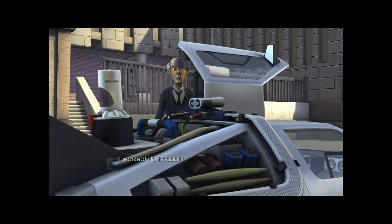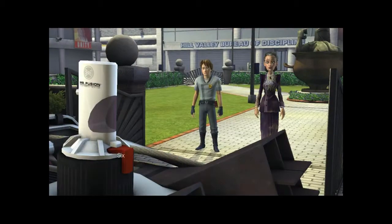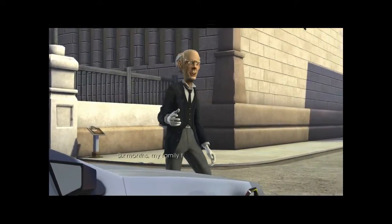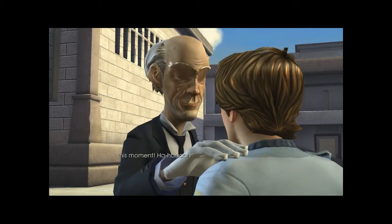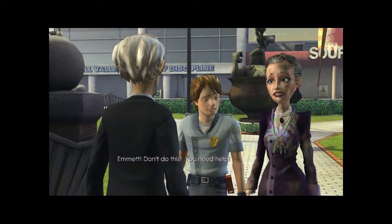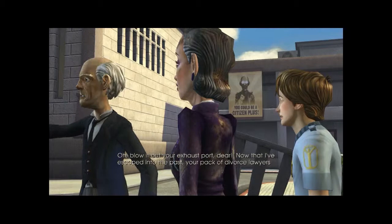It worked! Ha-ha! One second I'm in the present, the next I'm 6 months in the past. Amazing! 6 months? It took you 6 months to repair the time machine? 6 months, my family fortune, and a sketchy deal with a gang that lived in Nationals. But it was all worth it for this moment. Ha-ha! Emmett, don't do this. You need help. Oh, blow out your exhaust, poor dear. Now that I've escaped into the past, your pack of divorce lawyers can't...